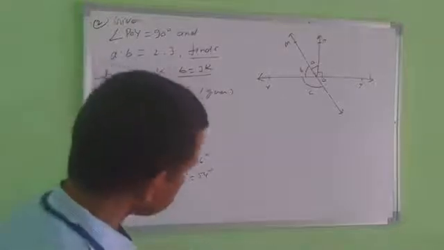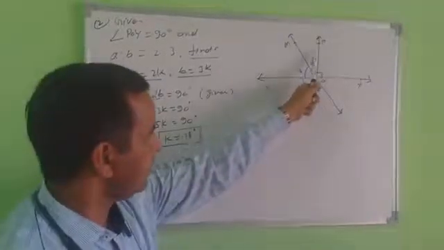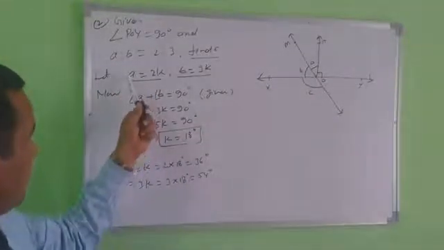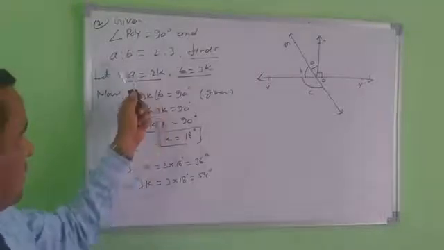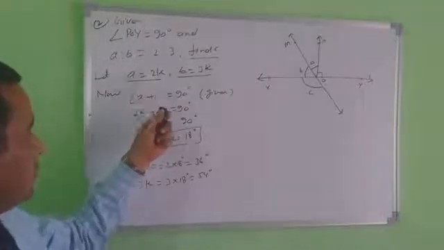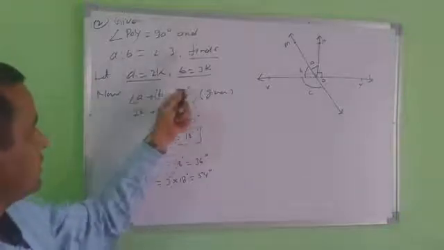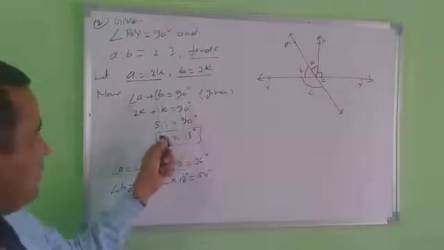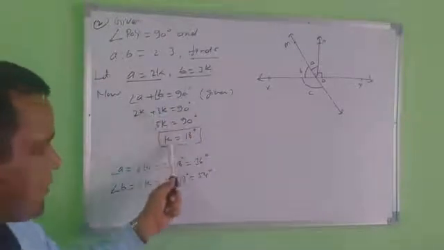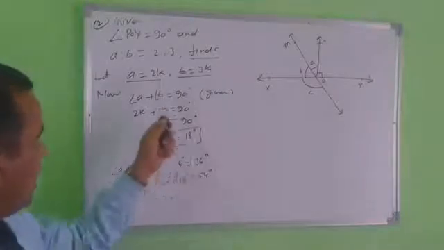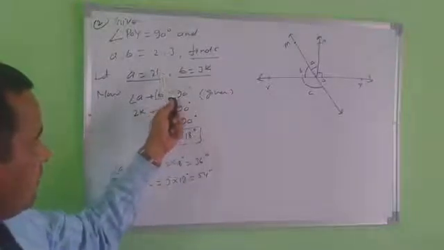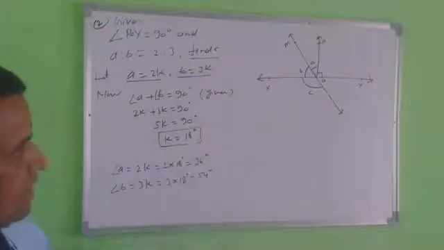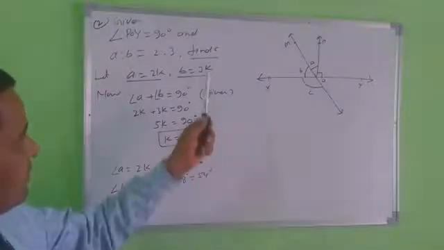Now look here. First of all, find the value of A and B here. The ratio of A and B is given as 2:3. I am converting the ratio into proportion: let A equal 2K and B equal 3K. Angle A plus angle B equal to 90 degrees. So putting the values of A and B from here, you calculate the value of K equal to 18 degrees. Again put the value of K here and here, and you get the actual values of angles A and B. After that, you will find the value of C.